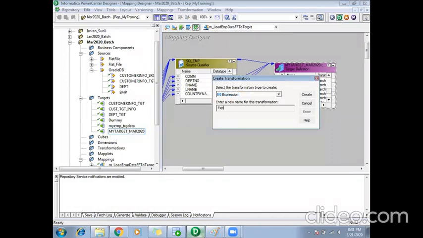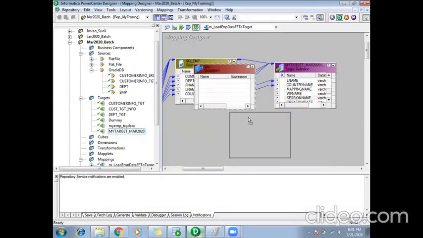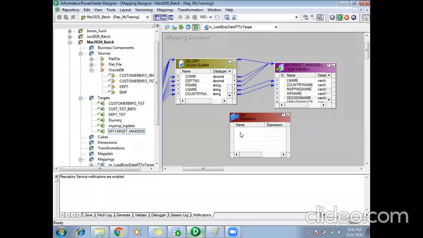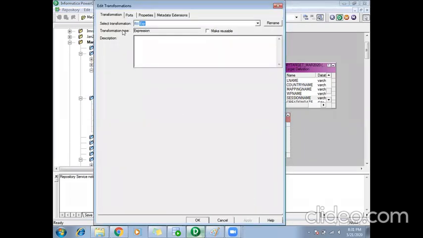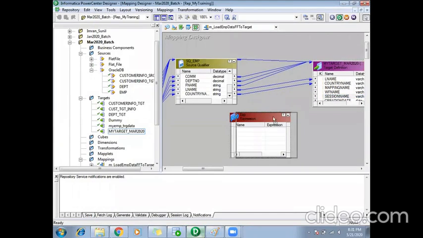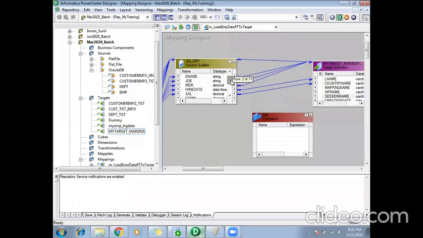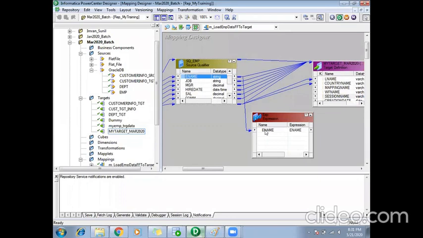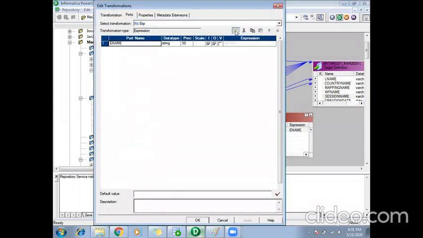So I'll take an expression transformation here. Just to make this expression transformation valid, I'll take the employee name to this and I'll create some ports here.